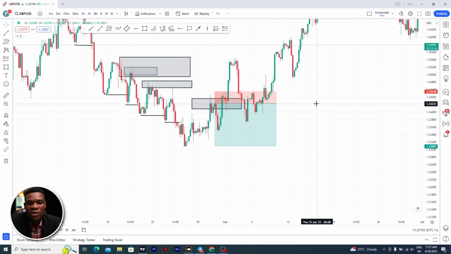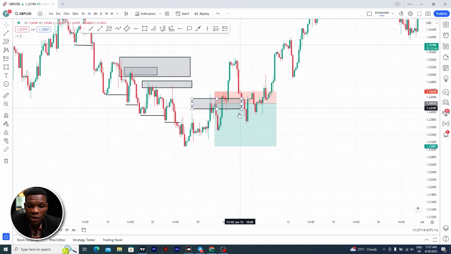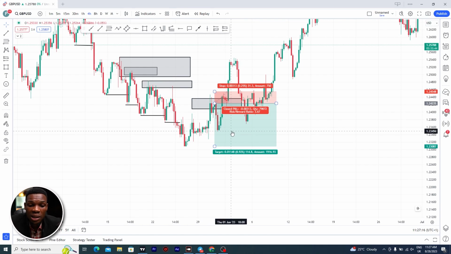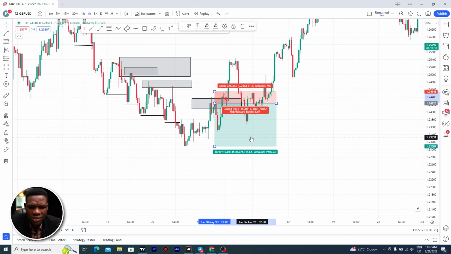But something I do, part of my strategy, is that immediately my trade gets to 50%, I take half of my profit, then I break even the other one, right? So I will still have not lost here because price actually moved way more than half. Then I'll have booked partials, then break even this one, then price came backward and took me out and hit my break even, right? I remember, I think I took this trade,